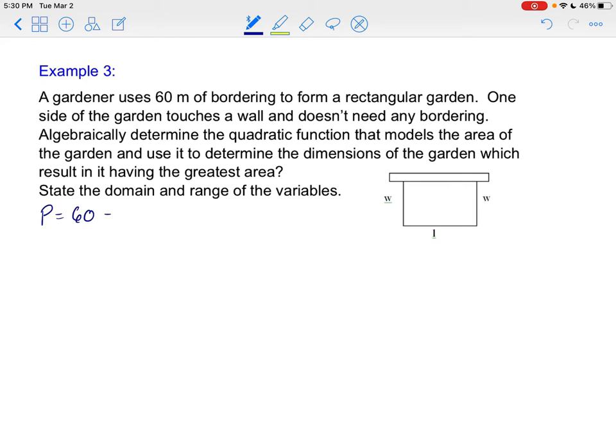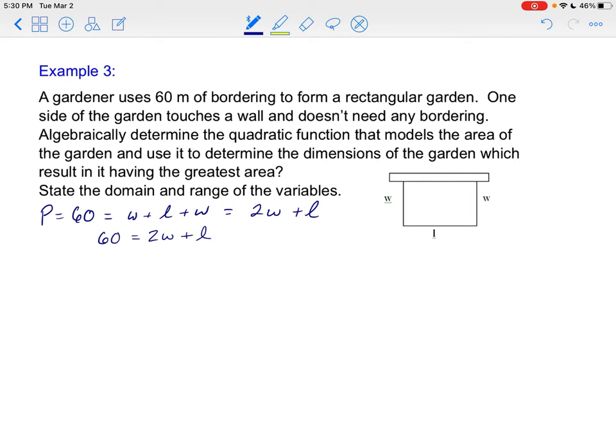And we know that that is also equal to all those sides added up. So it's the width plus the length plus the other width, or we can say twice the width plus the length. So we can use all that information to say 60 is equal to twice w plus the length,